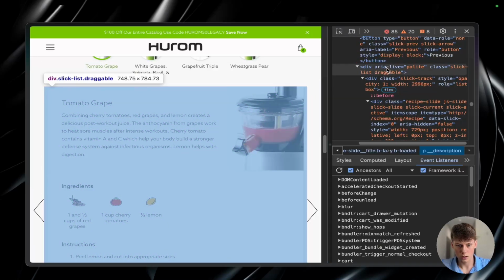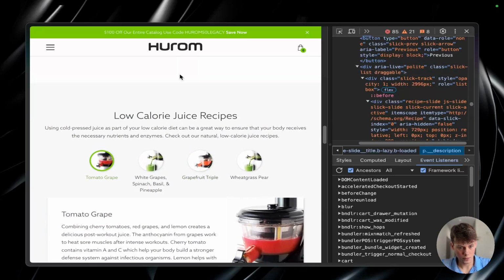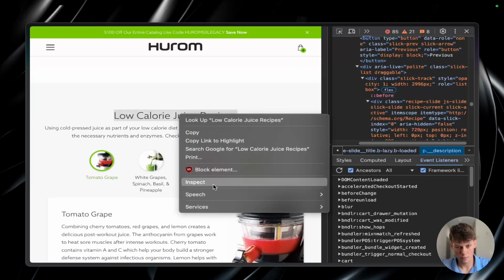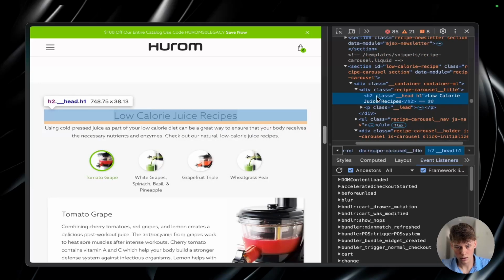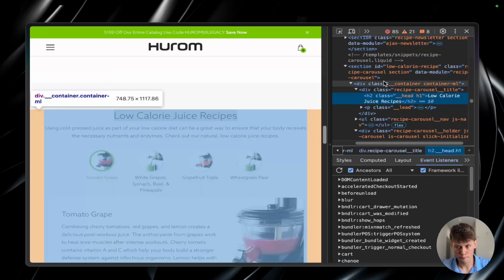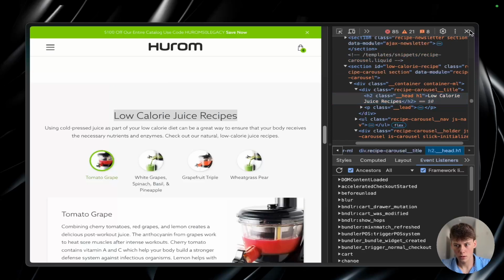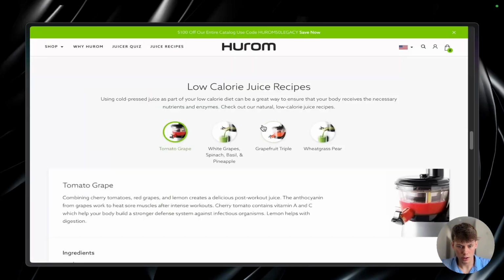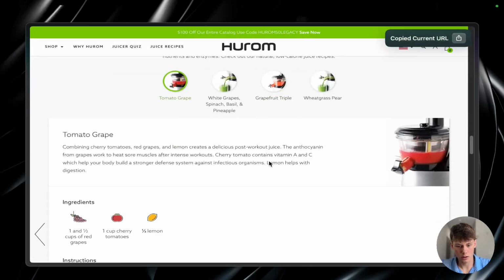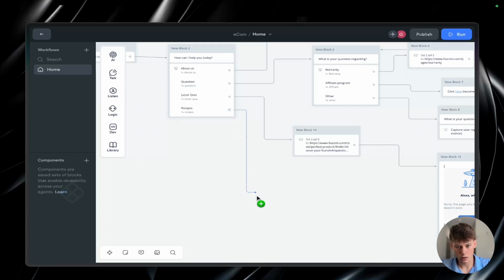See, this is the section for the tomato grape recipe, or the low calorie section right here. But I think just for now, for the sake of time, we're just going to copy this and link it directly to